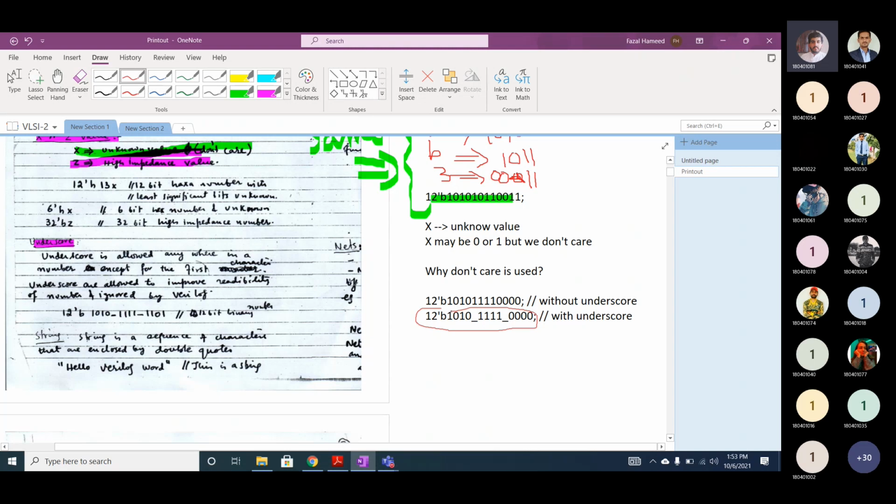Do they represent the same data or different data? Same data. These underscores will be ignored by the tool, Verilog or synthesizer.